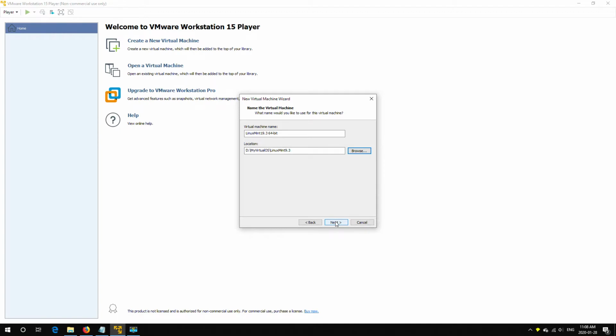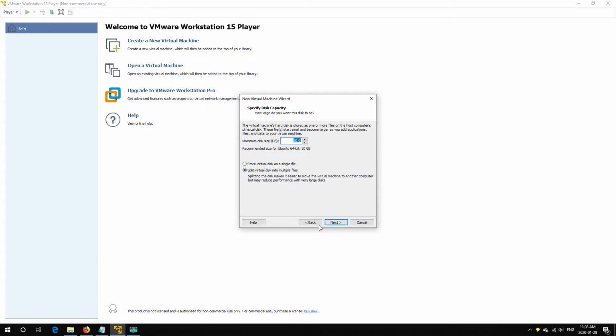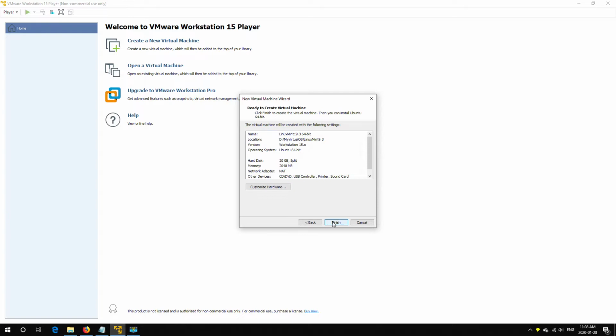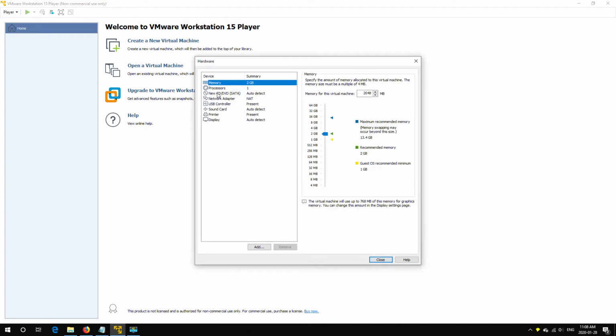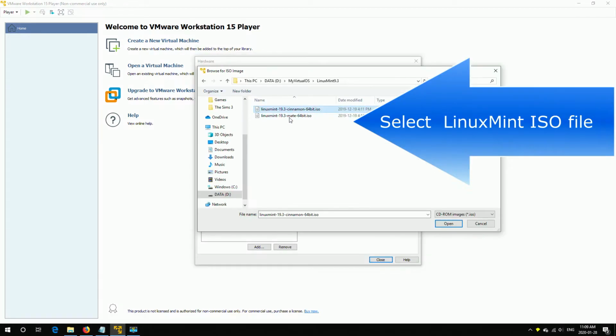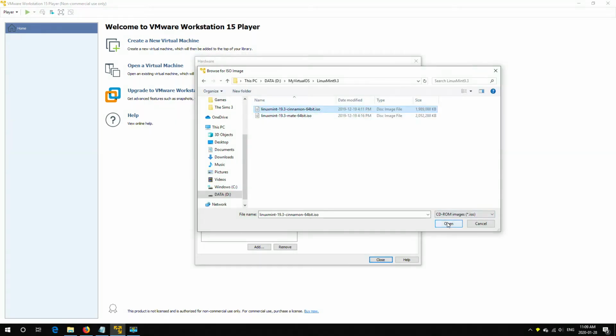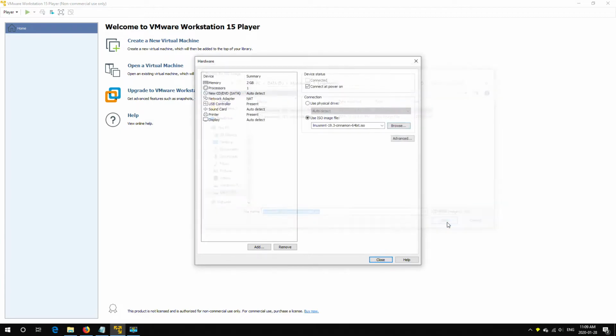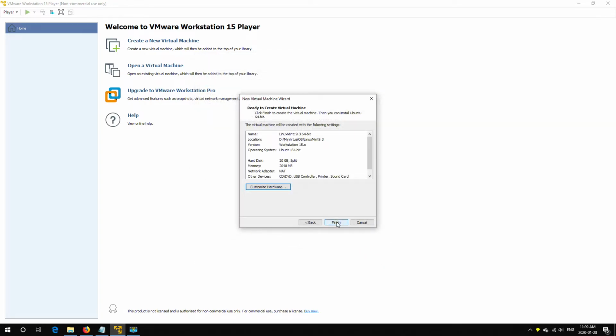of CD-ROM where is the bootable media, and this is your Linux Mint distribution which you download from the website of Linux Mint. After selecting the media of Linux Mint which you like,